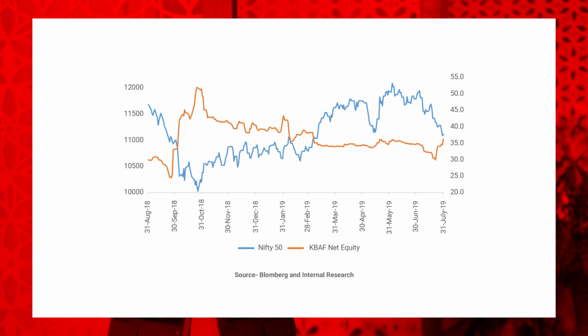Subsequently, markets retraced the fall and went back to 12,000 levels in May of 2019. The net equity of the fund then reduced to 36%, thereby booking profits of this big move. The second such correction happened in July and August of this year. The fund reduced its net equity exposure to about 28% in early July, and subsequently, as the markets have corrected, we have increased net equity to approximately 36% as of July end and have subsequently increased it further to about